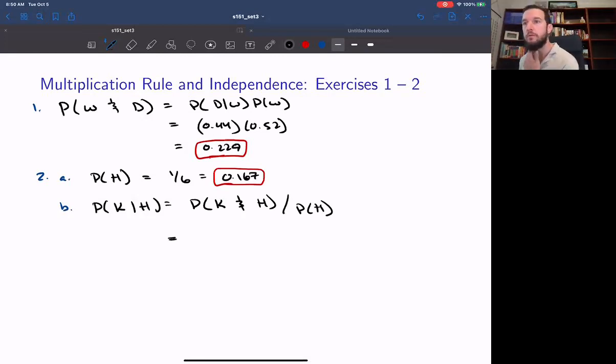Okay, so in this experiment, on our first attempt, we're going to select a 3, which has a 1 out of 6 chance. On our second attempt, we're going to select a number greater than 4, given that the 3 has already been taken out. So here, we should have